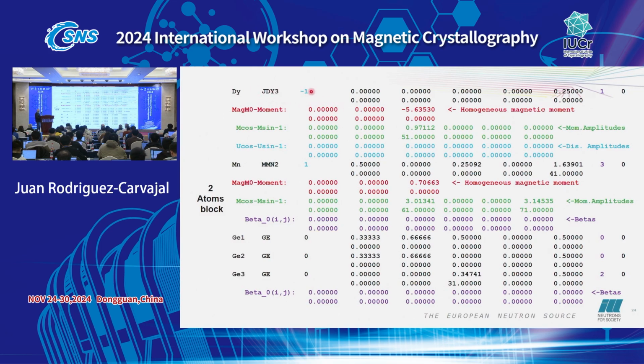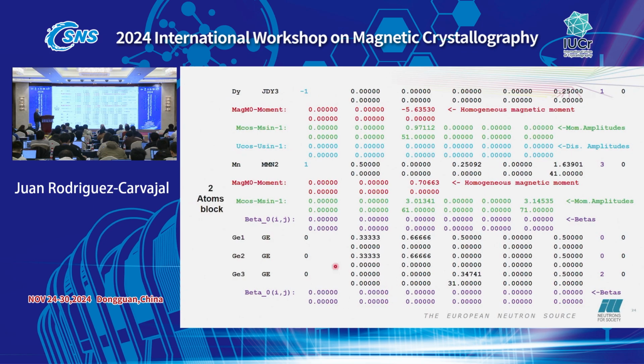And here is the atom block. For example, you have an atom. Here, when you put -1, this is the number of modulation functions that you have. When you put negative, it's because you also have a displacement, but this is implemented and not calculated presently in FullProf. This is for displacement. Here are mcos and msin. You have 3 components and 3 other components here. This is the cosine part, and this is the sine part. These are 6 components that correspond to the Fourier coefficients, which are complex vectors, also with 6 components.